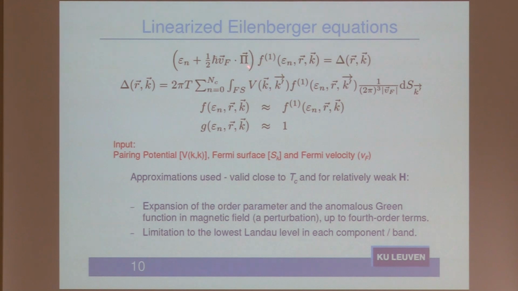So you take this term. This pi is generalized momentum. So pi is, for instance, minus i h-bar gradient, say minus e over c, say A. And A is a vector potential of the applied field. We can take the applied field because this is at the disappearance of superconductivity. We don't have Meissner currents and things like this.